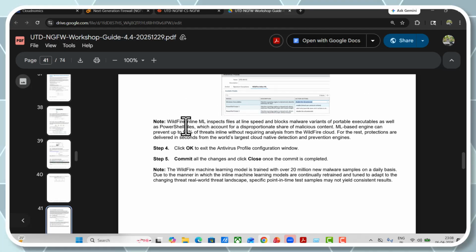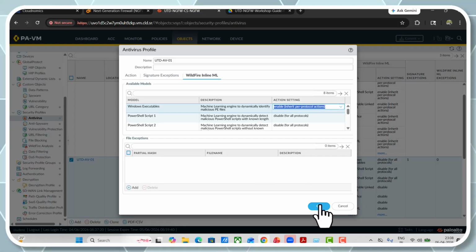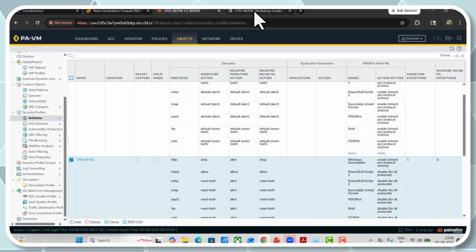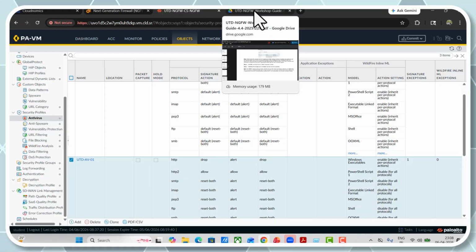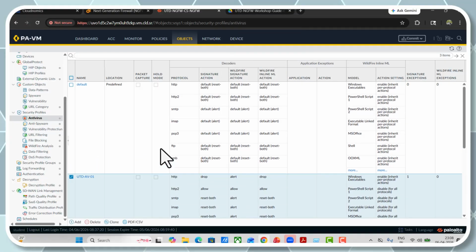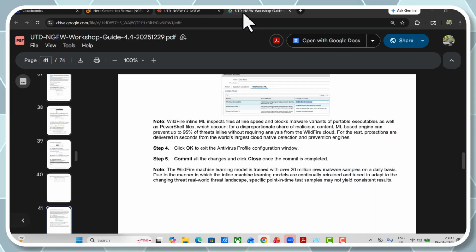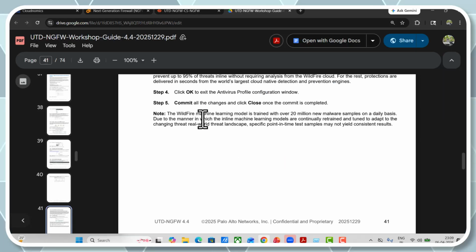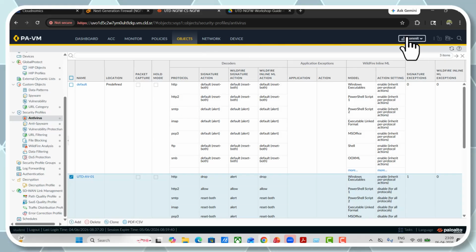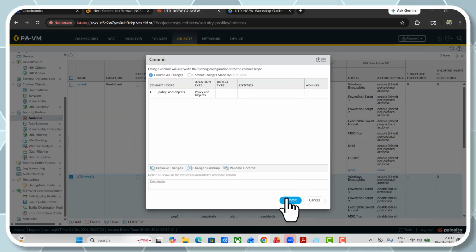and all scripts. WildFire inline ML can block malware variants from portable executables. So this basically is what it can do. So we can click on OK. Once OK is done, this is my antivirus profile, this is the default, and this is the new one that has been created. Commit all changes, close once the complete button shows. So let me commit it,